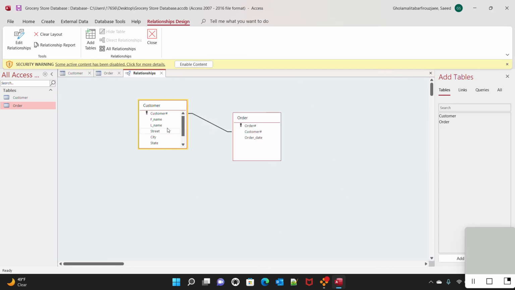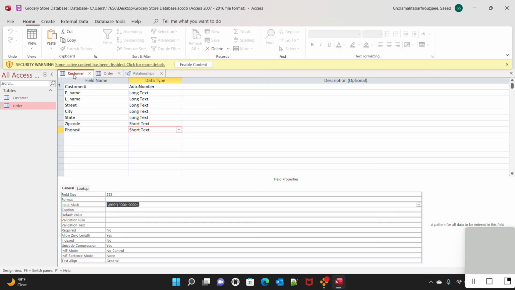In this relationship, the customer number in the customer table is going to be the primary key, and the customer number field in the order table is going to be the foreign key. A foreign key is used to link tables with common fields. This way we can trace orders made by a certain customer. For example, customer X can make several orders, and with one customer number we can trace his orders. Save, and now I'm going to go into these tables and